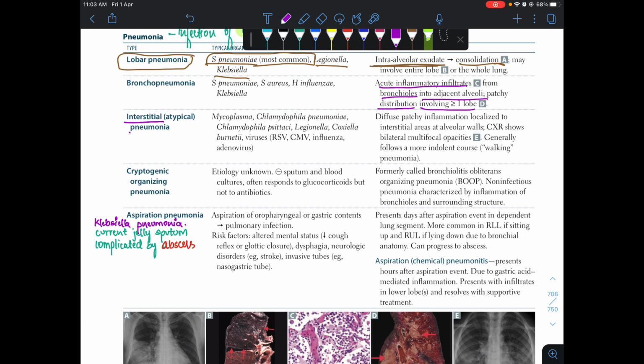This is also called atypical pneumonia because this does not directly involve the alveoli, but it involves the interstitium and then that disturbs the alveoli, the walls of the alveoli. Here we see diffuse patchy inflammation localized to interstitial areas at alveolar walls. On chest X-ray we see bilateral multifocal opacities,